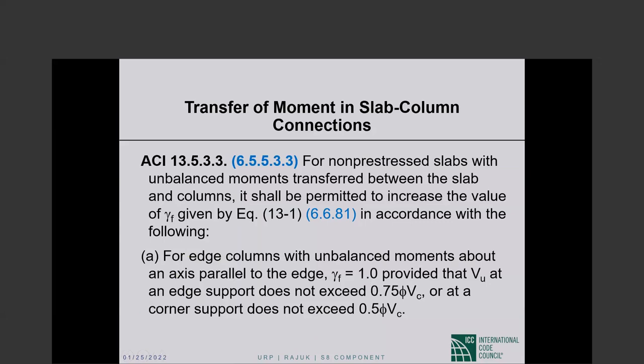We can transfer the entire unbalanced moment by flexure, leaving nothing to be transferred by shear if the V sub